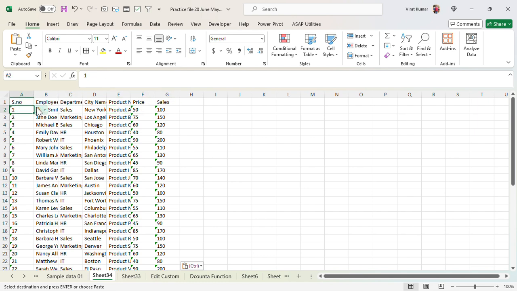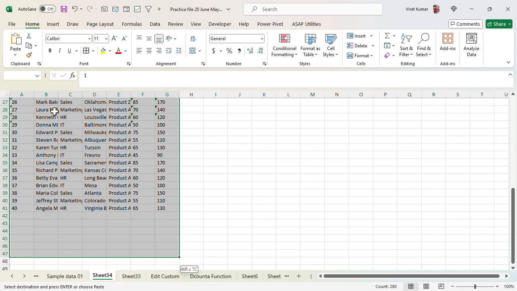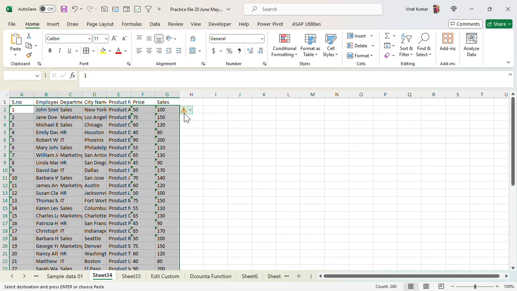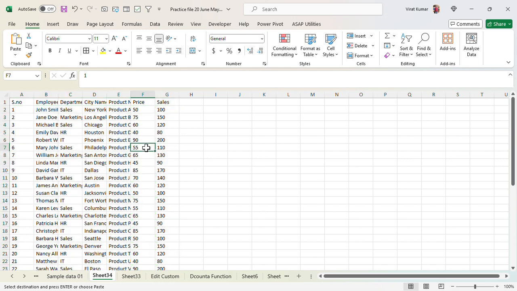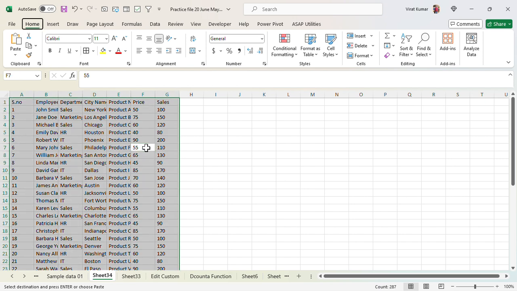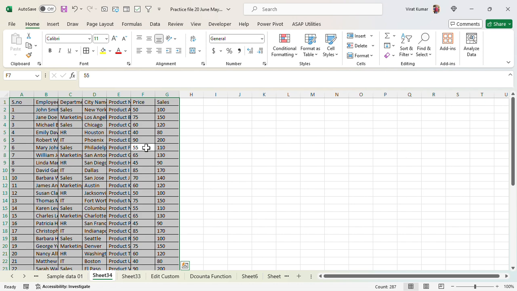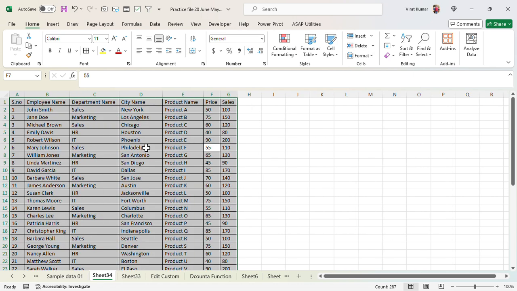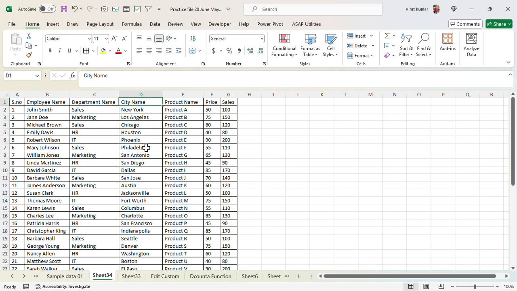Now if you can see the error, we can remove it. Simply select this data again. Here you can see the arrow, open the drop down and choose ignore error. Then Ctrl+A, Alt H B A for border, Alt H O I to adjust the column, and your data is ready.